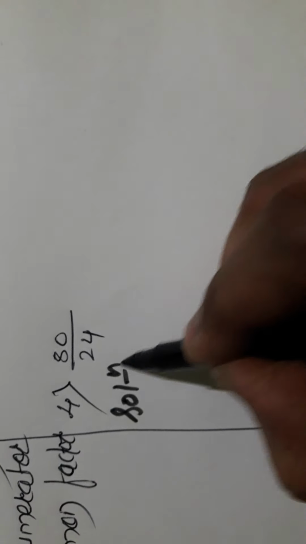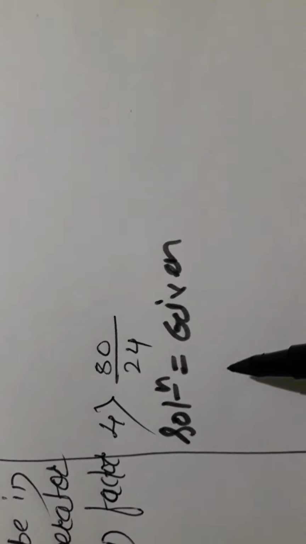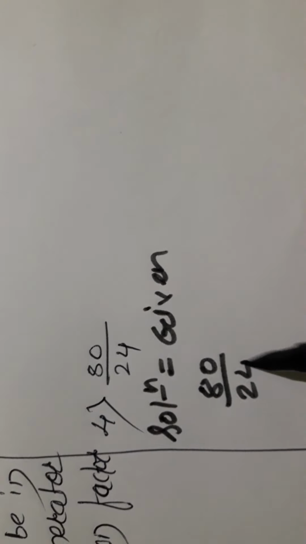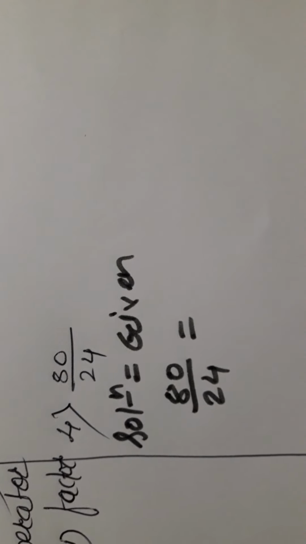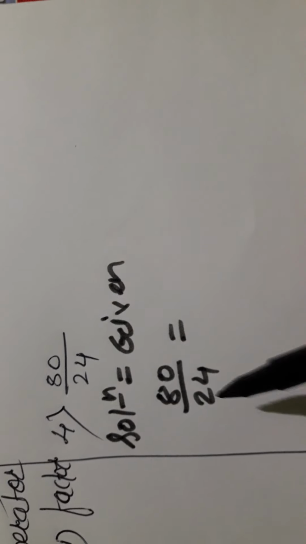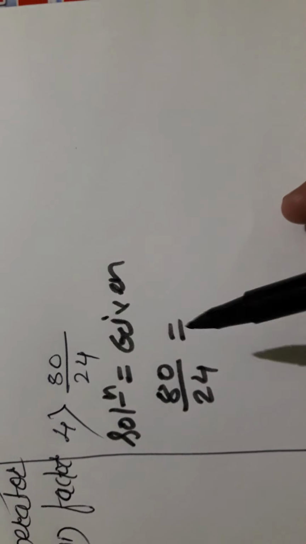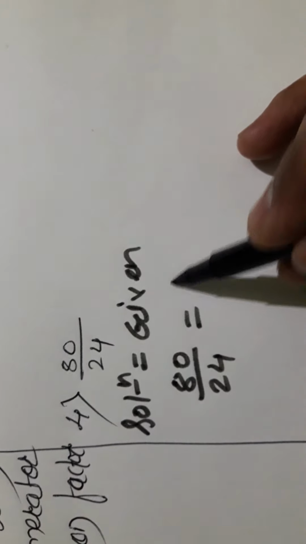As usual, in the previous example I showed you directly how we can divide. Again I will show you the simplest form. Look here, 80 upon 24. You can take 8 directly, that is also correct. Suppose you are thinking 80 and 24 can be divided by 2, that is also correct. We will divide by 2 first of all.